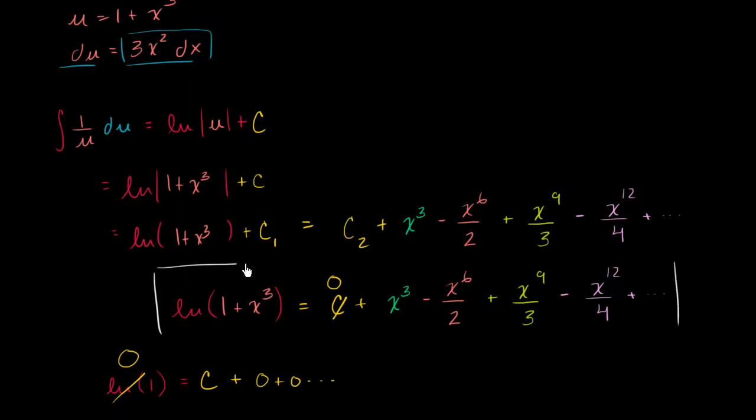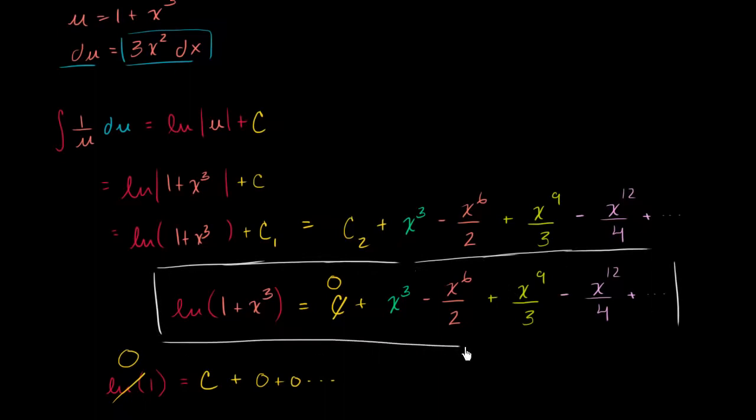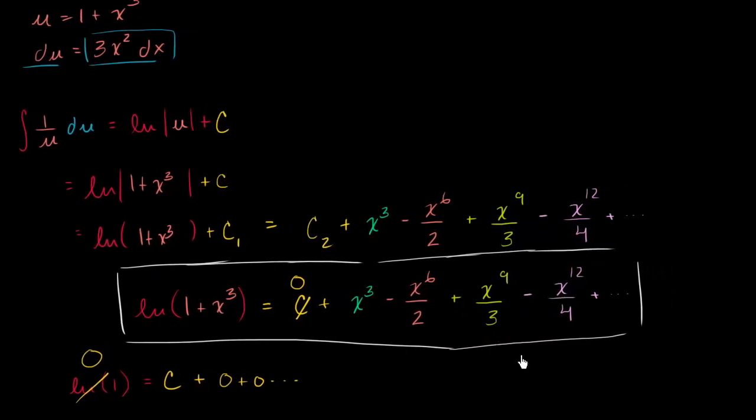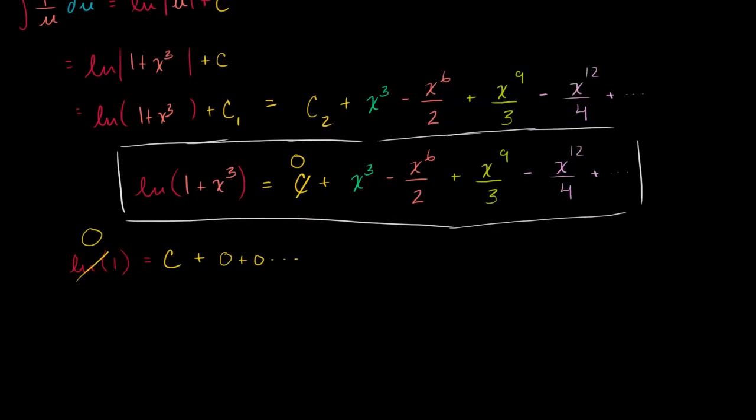This is what natural log of 1 plus x to the third power is: x to the third power minus x to the sixth over 2 plus x to the ninth over 3, so on and on and on. And actually, just to give ourselves some closure here, let's write it in sigma notation. So we could write the natural log of 1 plus x to the third, over our restricted domain where the absolute value of x is less than 1, is equal to the sum